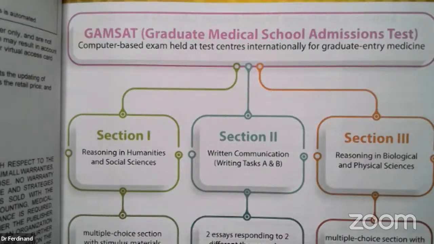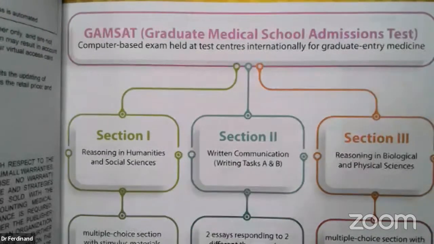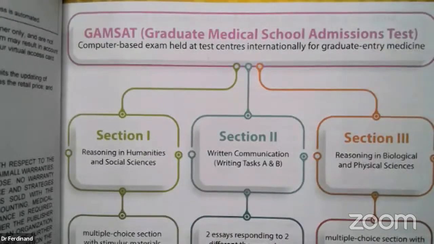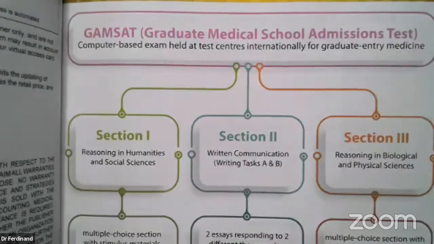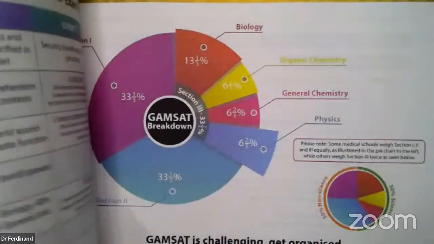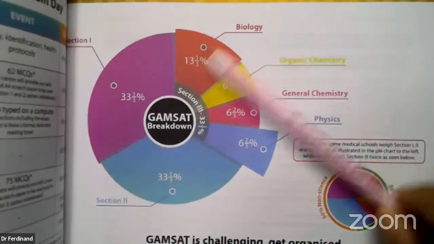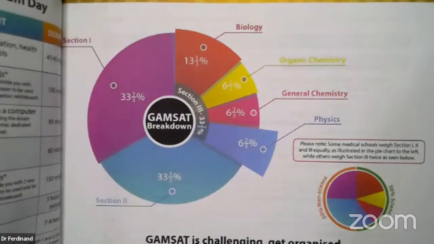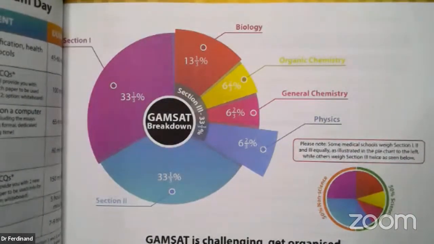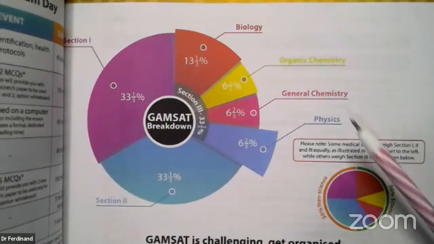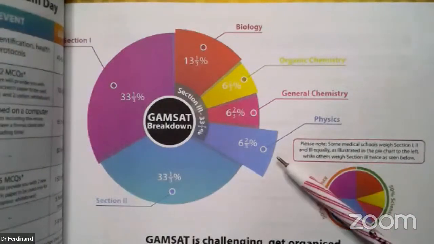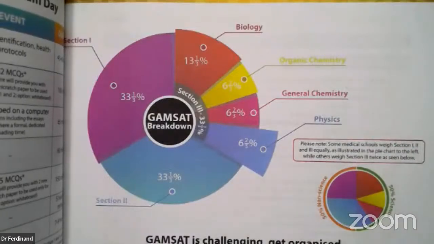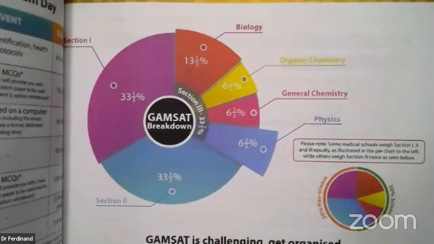Okay, welcome. No problem. Okay, so we're going to be talking about what was formerly called Section 3, which is the sciences section, and in particular, physics. So more or less, the exam is divided this way in terms of the sections of the exam. So physics is literally as important as general chemistry or organic chemistry, but as I said before, it's mostly mathematics. And we're going to see why that is the case.